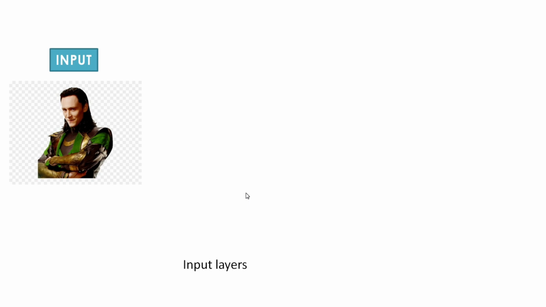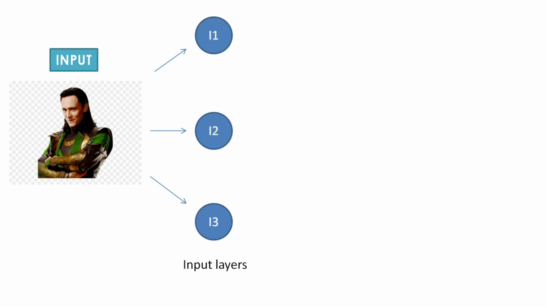I have one image and I don't know which character is present in my image. For recognizing the image, I created a neural network which is able to find the character that is present in this image. Initially, we are splitting the image into three inputs. Here I have three neurons. Each neuron will take one of the split images from my original image, and then it will send the inputs to the hidden layer.